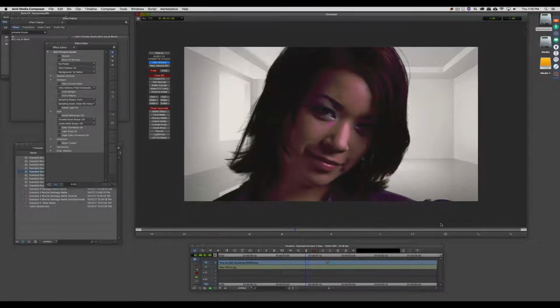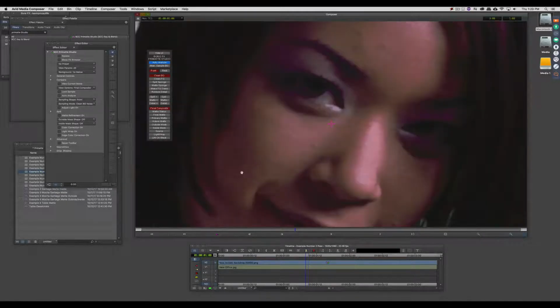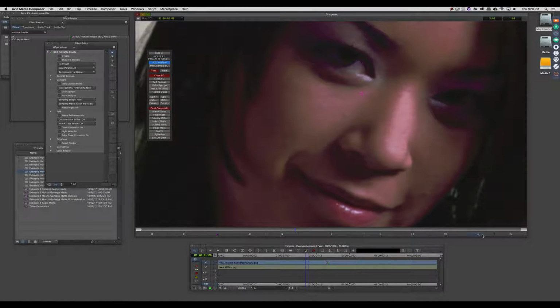Okay, look at all this detail that we have in the hair. Let me zoom in. Okay, a little bit more. Individual strands of her hair are all still there. Now, granted, when we zoom in, you can see the compression. But again, much like we had done before,